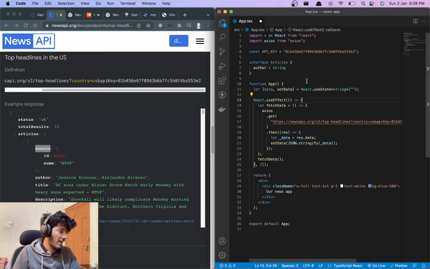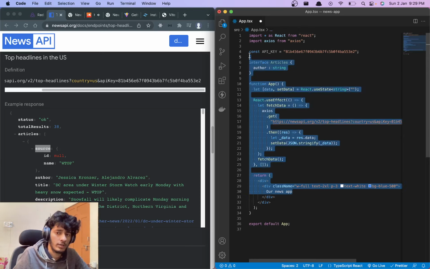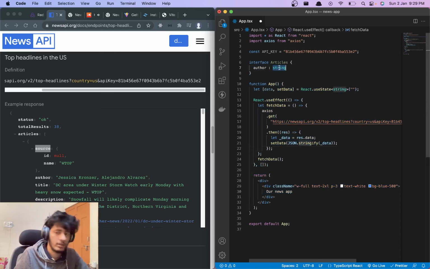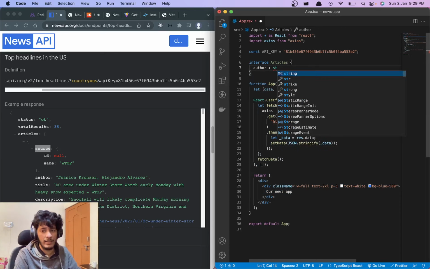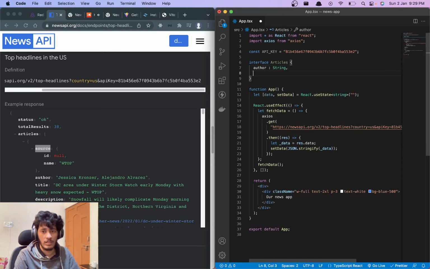Actually, as per what I have heard, just correct me if I'm wrong. I think the small string means this is strict, that this cannot be null or undefined. But if you're fetching this from a network, this might be null or undefined. So if you don't want that functionality, you should use the small string. That's the difference, as per me. You can correct me if I'm wrong.